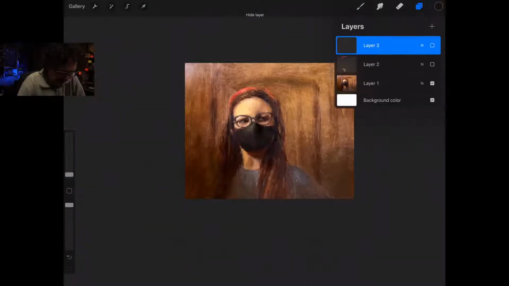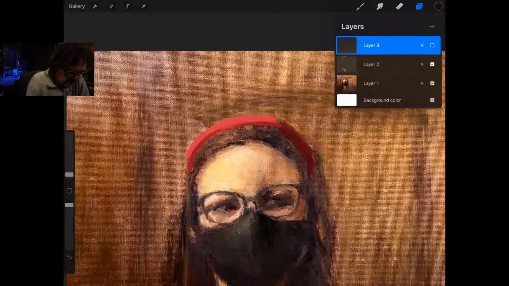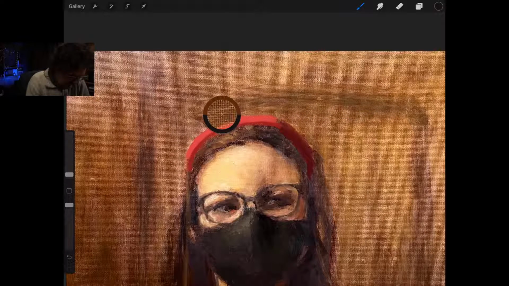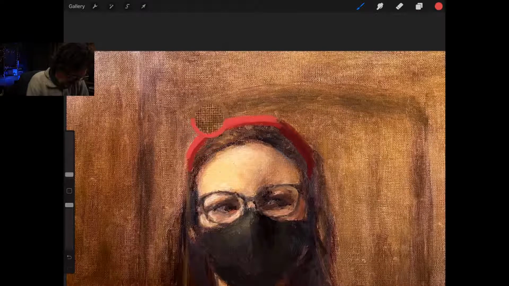So let's review what we did here. The first thing we did is that we added to what you've already done so well, right? So I went up to that red headband and I made sure there was light, shadow, a top plane, a side plane, and then I could even highlight that if I wanted. And then something we can do that would make this even more effective is in this background here.